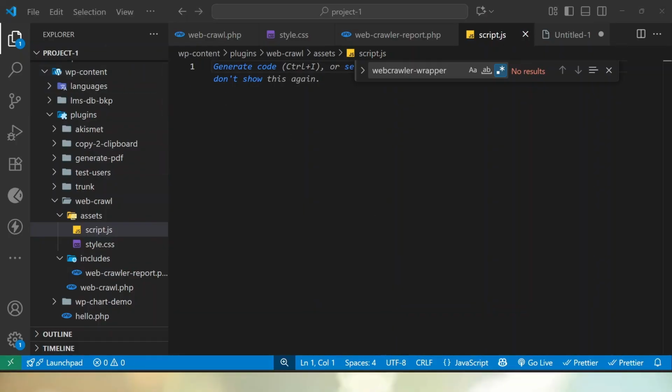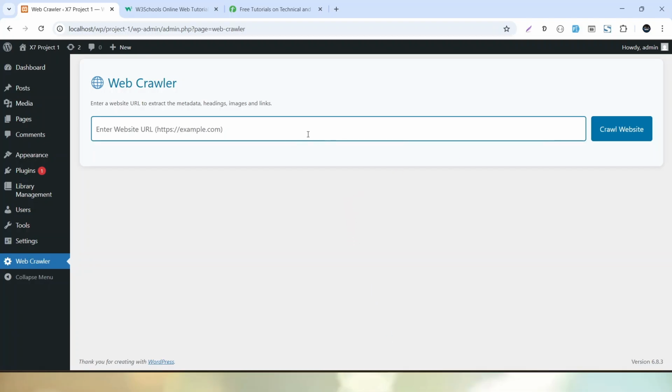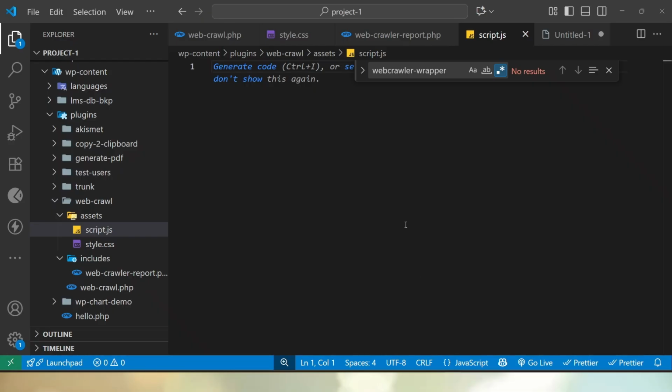Because whenever the user clicks on crawl website after passing the value into this box, with the help of an ajax request we want to trigger an event on our server side, into our PHP code, and get all those things into this layout via ajax. So all those concepts we can define inside this